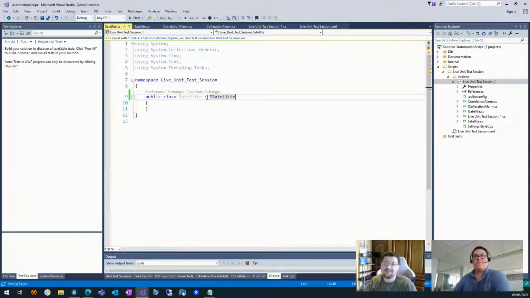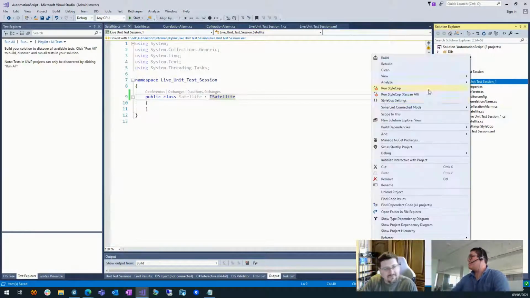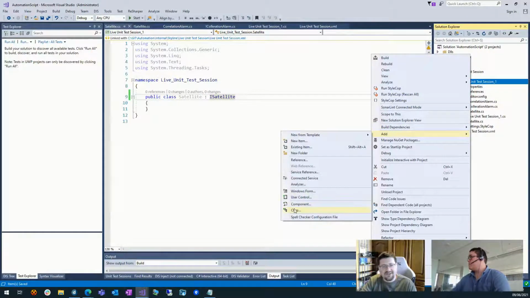So I say maybe a factory might work best here. And it's also easy extendable in the future if we need to be able to create satellites from a different site, basically. Exactly. So let's go ahead and make that factory.